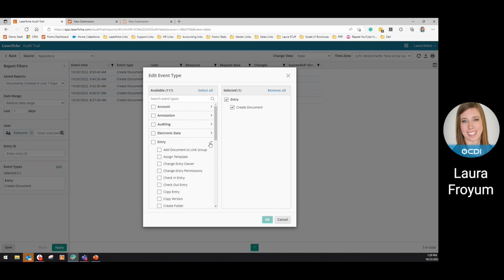So let me just roll back a little. In Audit Trail, you have all of these different types of information that you can report on. Certain things will be available depending on the level of Audit Trail that you have. There are 3 different levels of Audit Trail: starter, standard, and then advanced. Starter tracks everything that happens within the repository. So once a document hits the repository, if somebody changes it, deletes it, moves it, all of that information gets tracked. Standard does all of that, plus a little bit more